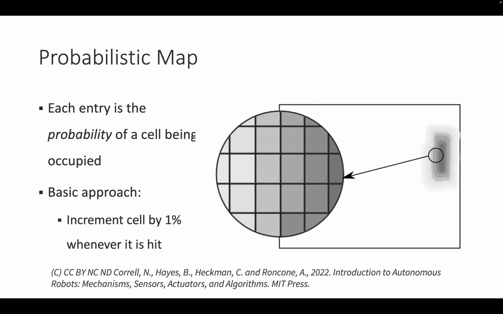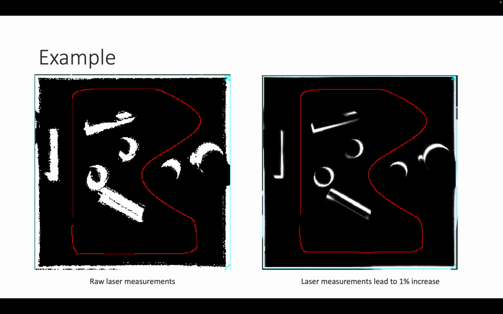I can also use thresholding then to say, okay, I've seen this more than 80 times, or 80%, so this is now an obstacle that I set to be true. Now I've done this using Webots. I collected this map using raw data, and now I did the same using the technique of incrementing, and what